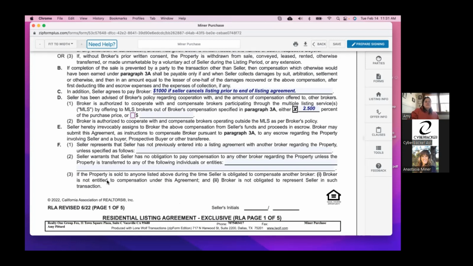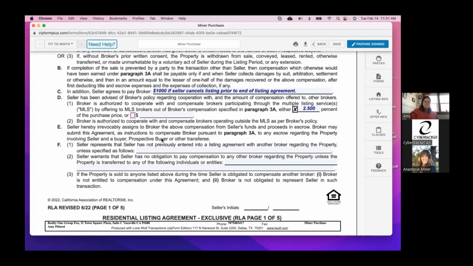E: Seller hereby irrevocably assigns to broker the above compensation from the seller's funds and proceeds in escrow. That gives permission for escrow to take them out of the seller's funds. Broker may submit this agreement as instructions to compensate broker pursuant to paragraph 3A to any escrow regarding the property involving seller and a buyer, prospective buyer, or other transferee. This also would serve as proof if your seller went behind your back and entered into contract. You could give this as proof to the escrow company that you still have an agreement in place